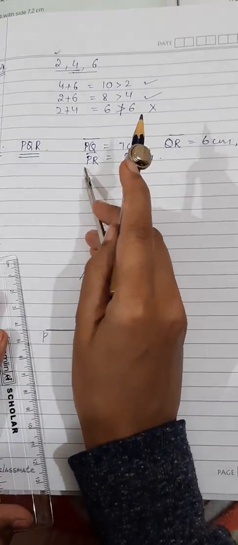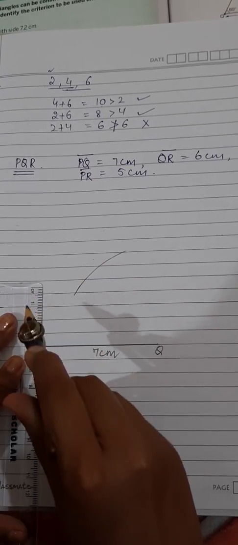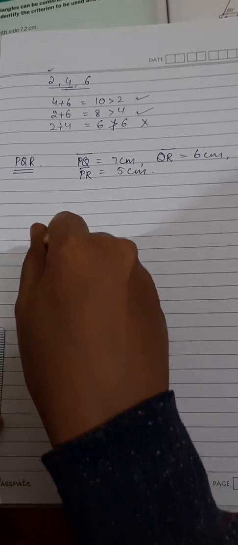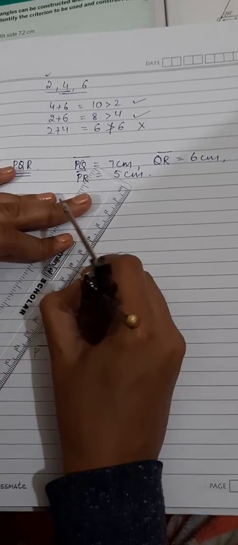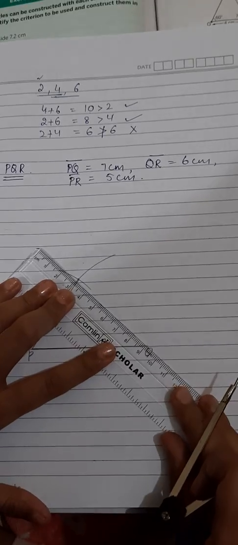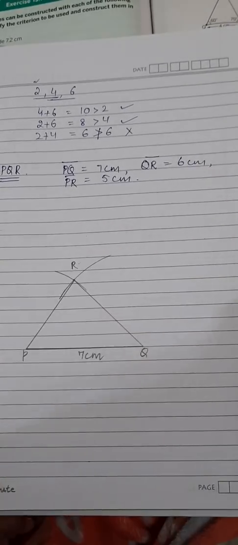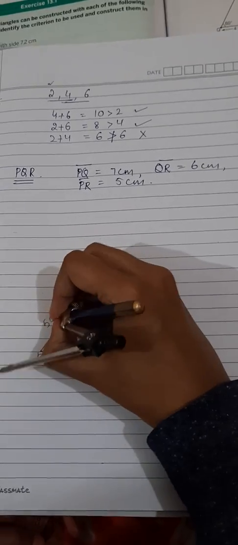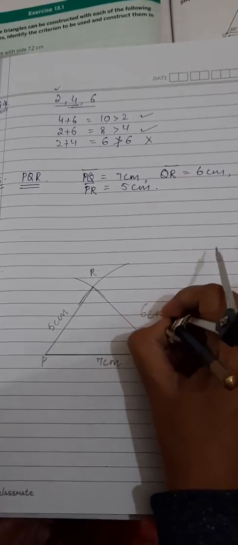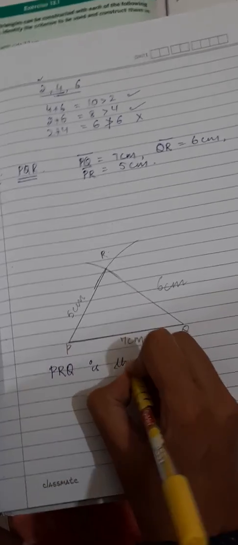The next is from point P, PR line of 5 centimeters. So open up the compass to 5 centimeters. So from here, point P, make an arc. Now join this point with P. So this point comes out to be R. PR will come out to be 5 centimeters and this RQ or QR will come out to be 6 centimeters. So I can say PRQ is the required